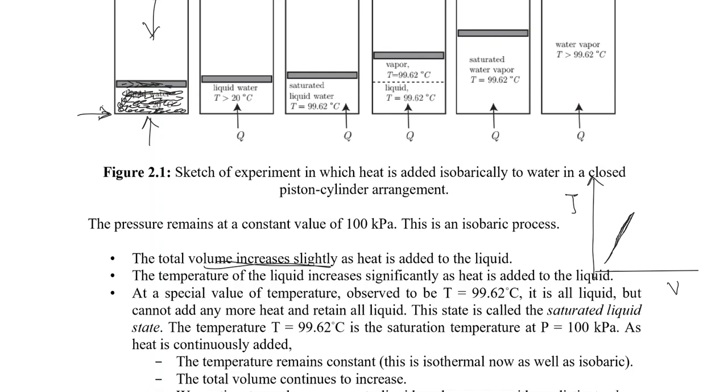So what happened, let's say I supplied energy from A to B, but once it reaches B, it gets saturated. Once it's saturated, the temperature remains constant, and the whole of the energy you are supplying to the molecules is used only to change the phase of the substance, or change the phase of the water. From A to B we have a liquid,